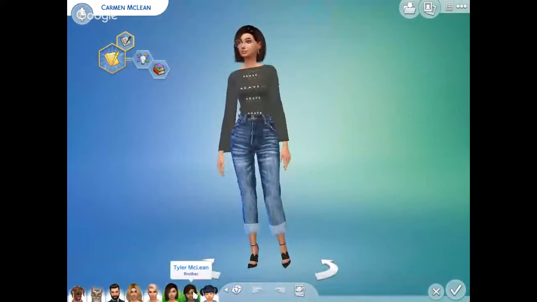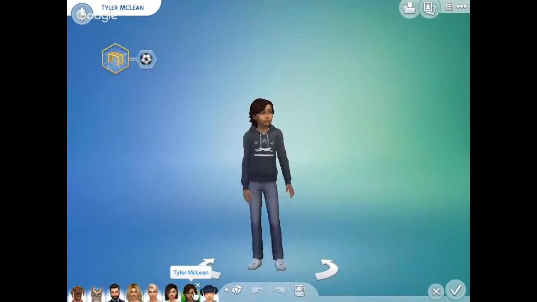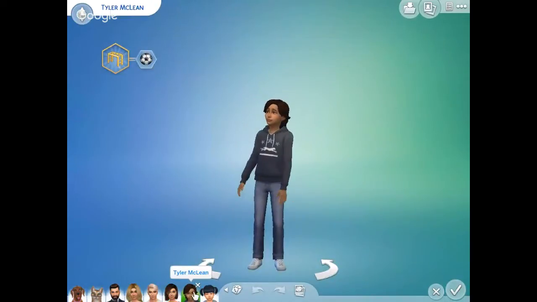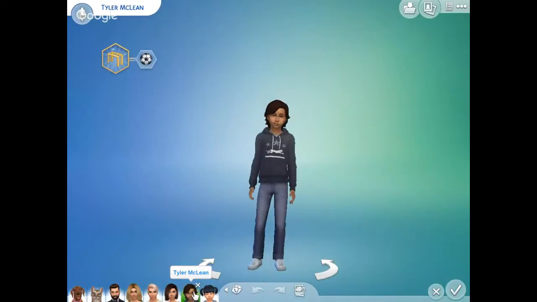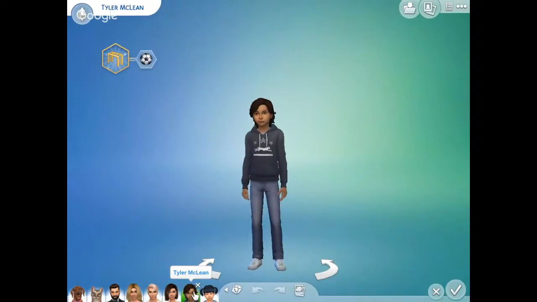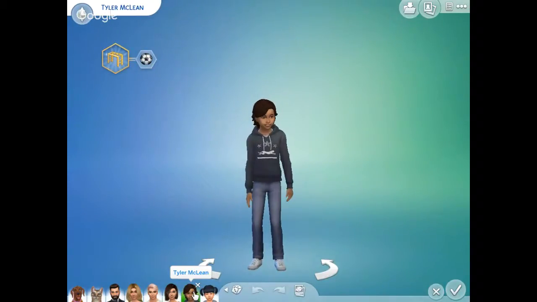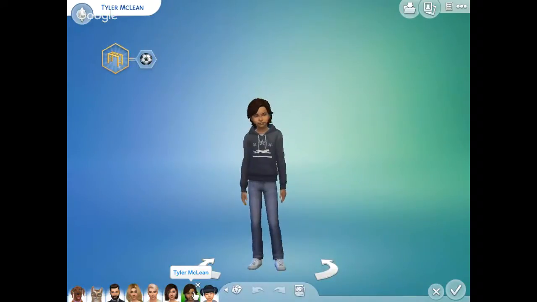Okay, so Tyler. He also has a backstory. He's adopted, and his biological mother is Sarah Smith. Yeah, shocking, right?